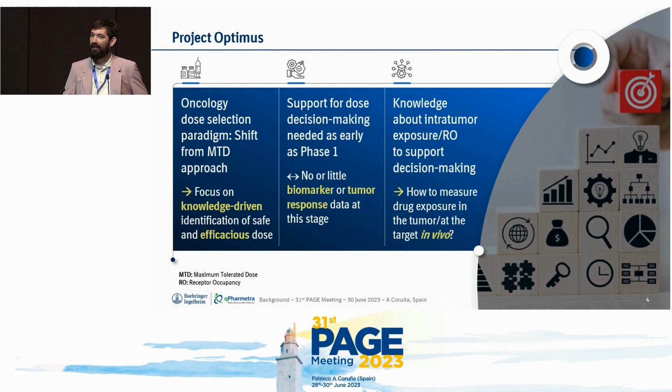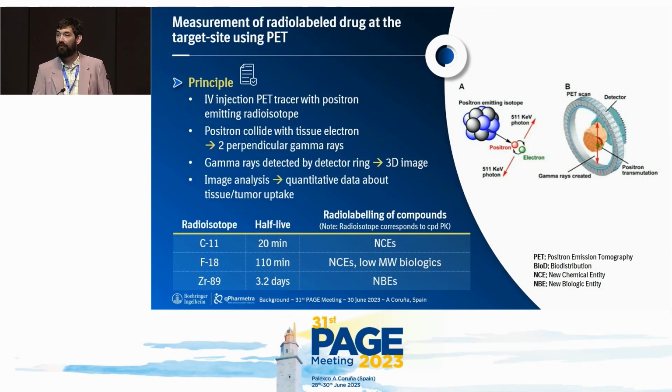I was actually expecting Project Optimus to be more present here at Page, and maybe it will be next year. It's a recent initiative by the FDA to move dose selection in oncology away from the maximum tolerated dose paradigm towards really going very early towards efficacious doses and not just giving as much as we can without, let's say, intolerable side effects in these vulnerable patients. This means that very early on in drug development, we need to integrate knowledge we have about the compound in order to get an idea about